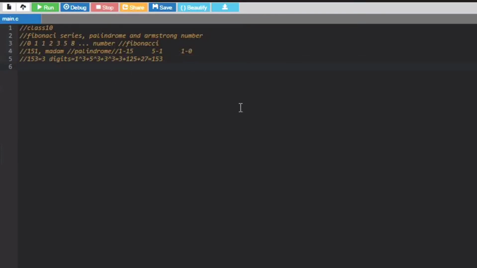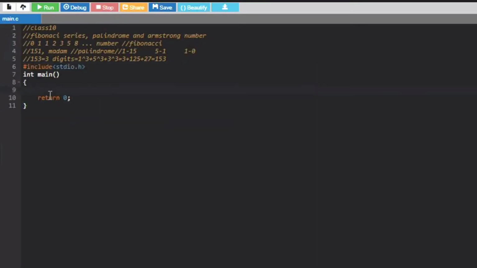So let's just write the skeleton of our program. So you all know we are going to ask the user to enter a number, we are going to store it, and we are going to use a temporary variable. Let's just do that quickly. Since we have done with this, let's just declare them. And now we have declared these numbers, so let's just write our program. So first thing what we have to do is we need to break this.